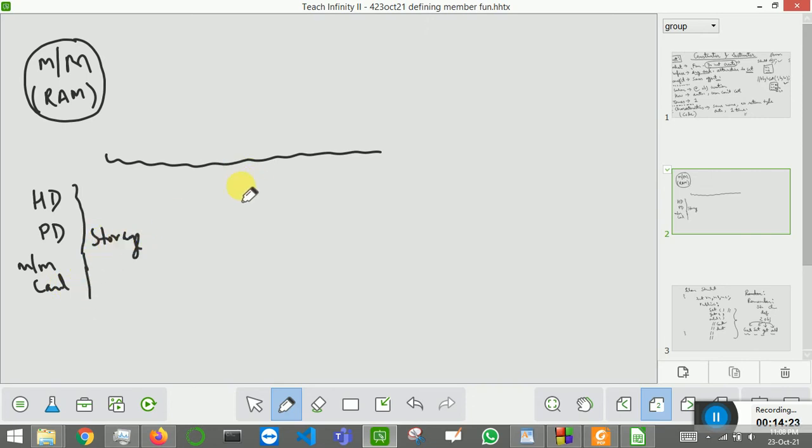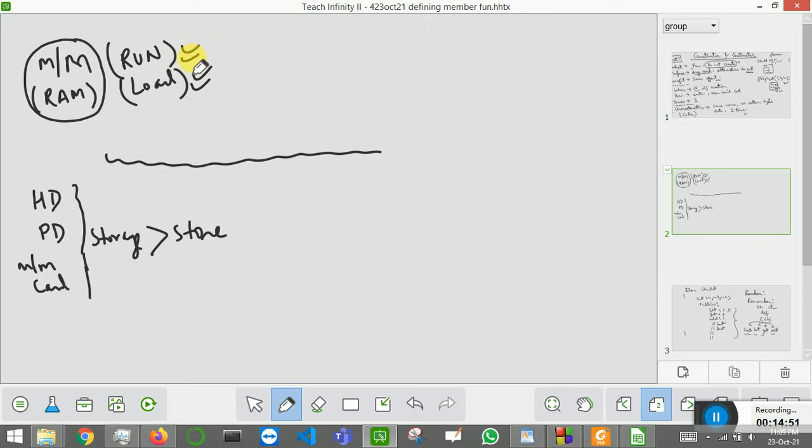Okay, now whenever you store any program, any software, it is stored in the hard disk. But when you run it, it will be moved to RAM, it will be loaded into the RAM and then it will run there. So any program, any type of software, any type of code, whenever you run it, it will be loaded into the memory or RAM and then it will be run.